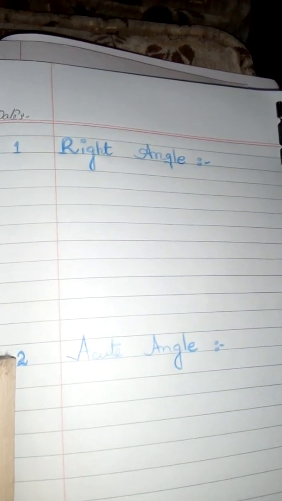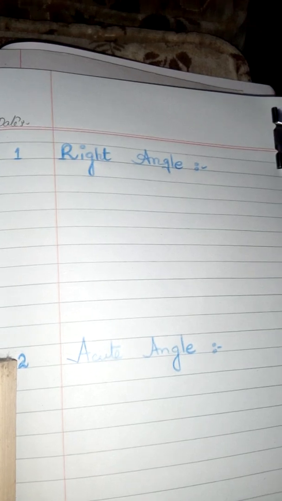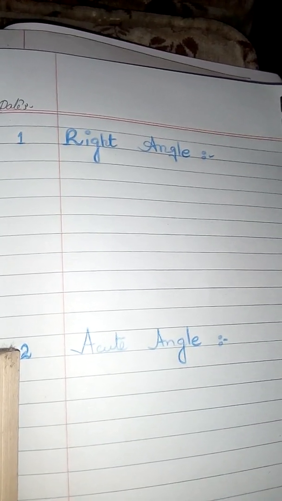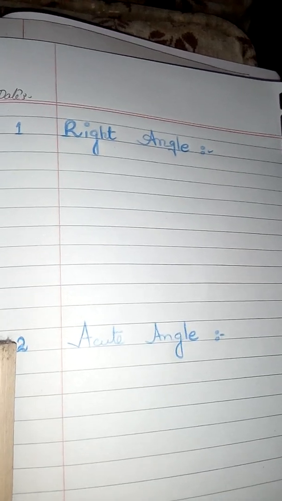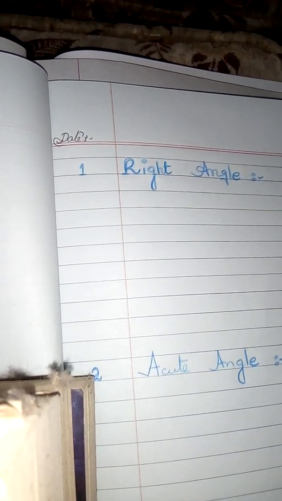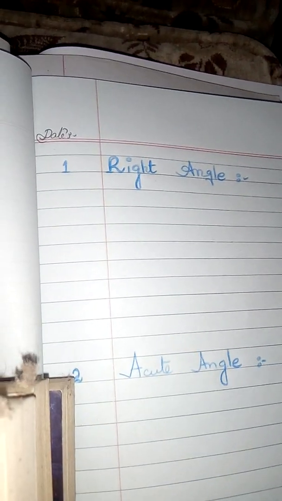Okay, now children, what we are going to do is copy down the definitions from that PPT on the lines page. You know it very well that all the definitions are going to come there. And on the interleaf page, all the angles are going to be made. For example, for a right angle, we have to first make a right angle. So on this page, the right angle definition will come.